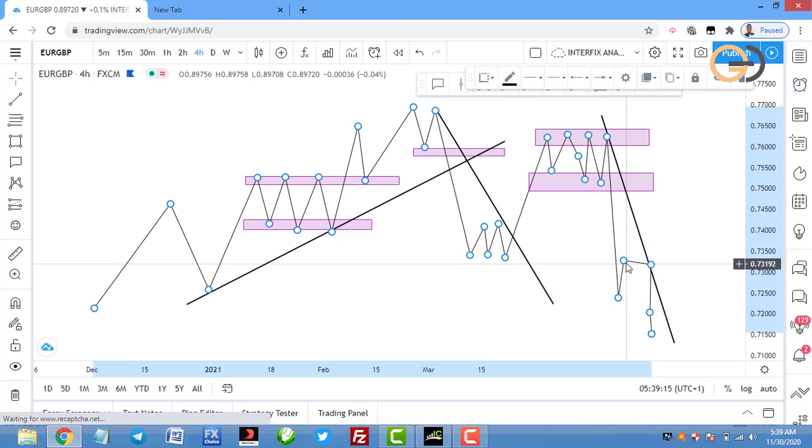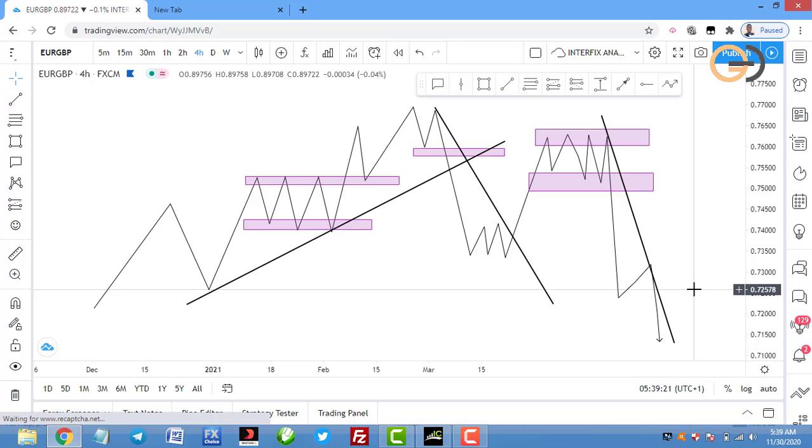All right, so this is how you should be trading. Once the trend is down, you're looking for sells. When the trend is up, you're looking for buys. The structure is not going to be clean all the time. You've got to use your wisdom to know